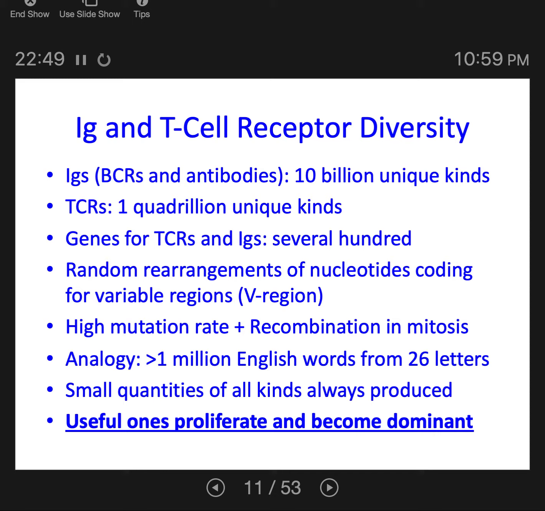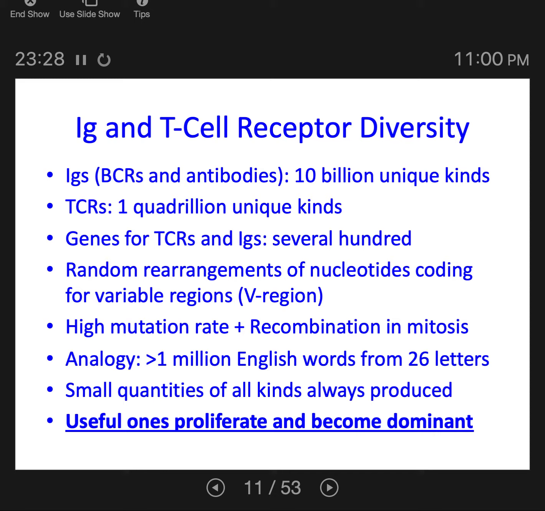The way that happens is you're actually not making antibodies and T-cell receptors for a pathogen that you've encountered. What you're actually doing is making random shapes of T-cell receptors and B-cell receptors and antibodies. Every time you make a new B-cell receptor, it's going to be a random shape because of this genetic recombination and mutation. They're randomly changing all the time. So every time you make a new B cell, every time you make a new T cell, they're randomly creating new, unique T-cell receptors, B-cell receptors, and antibodies.